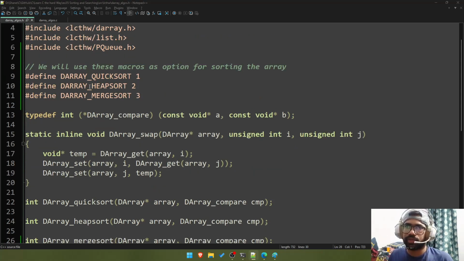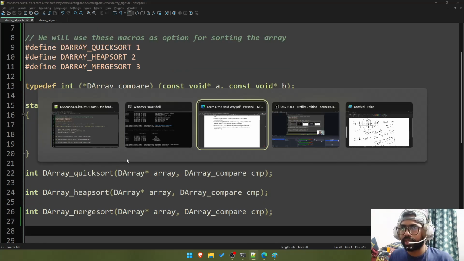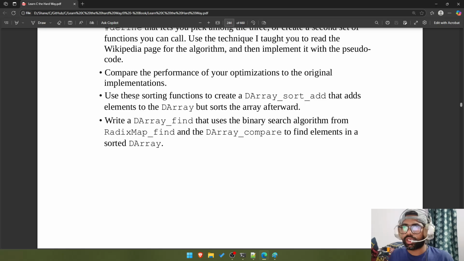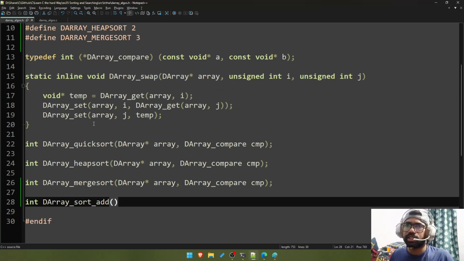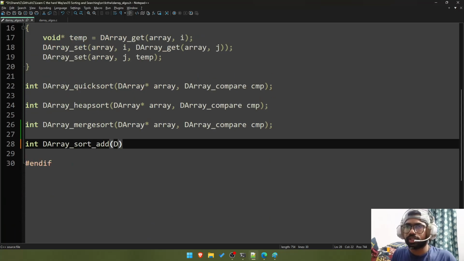Yeah, the array algos, of course. I'm going to add a function, use these sorting functions to create the array sort add. So we go int the array sort and add, then we need the d array, the array, then we need the compare function,